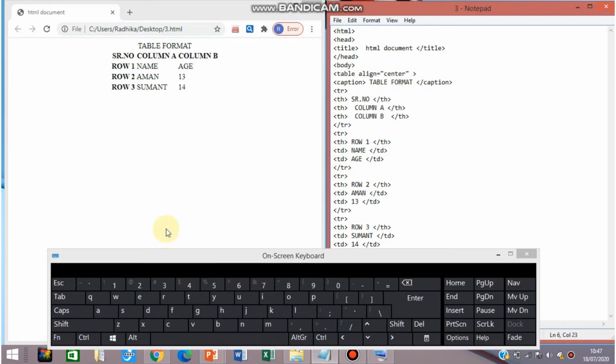Suppose I am adding background color or border. First we will see border is equal to, and again whatever value you are mentioning, you have to mention in double inverted commas. Border is equal to 4, and we will see.